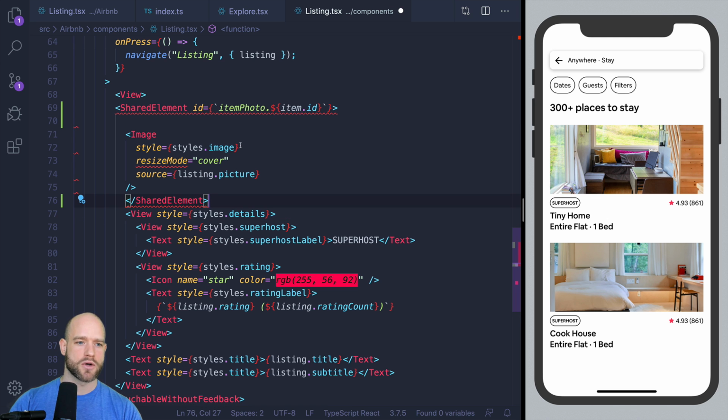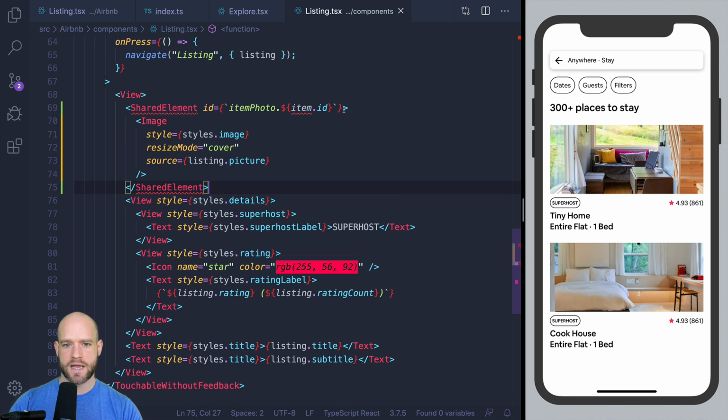I'm not 100% sure, but by reading the documentation, because an image, compared to some other views, needs some special processing because of the resizing, I think it's important that the direct child of shared element is an image.